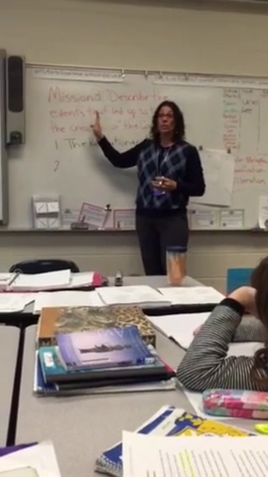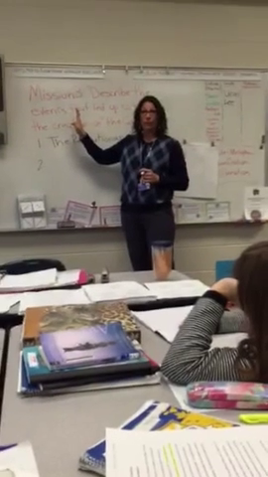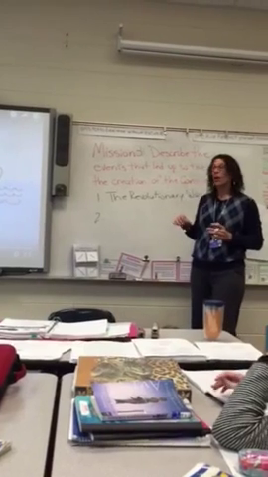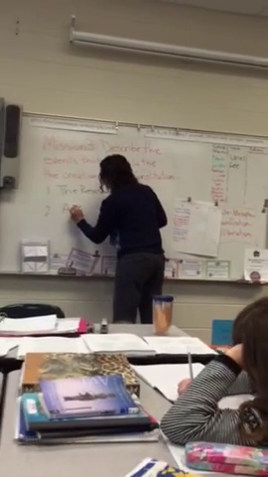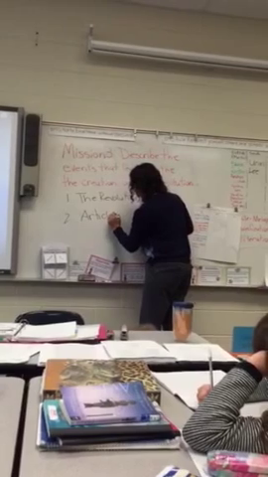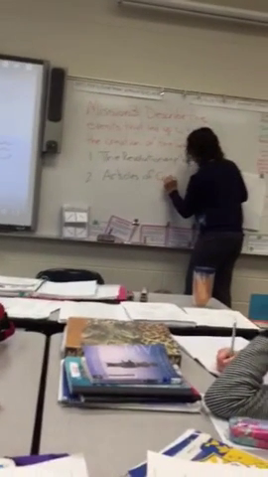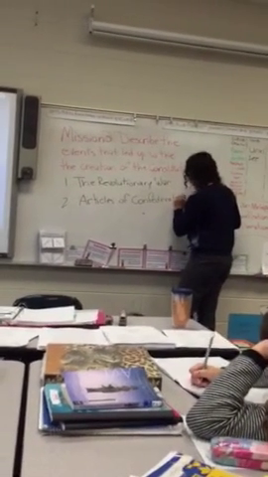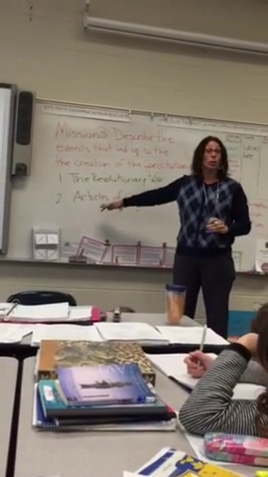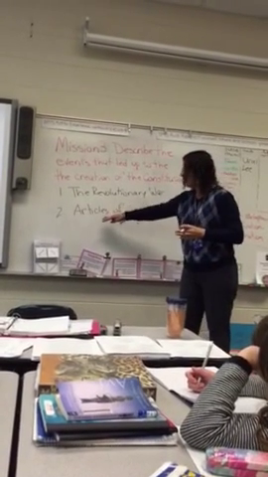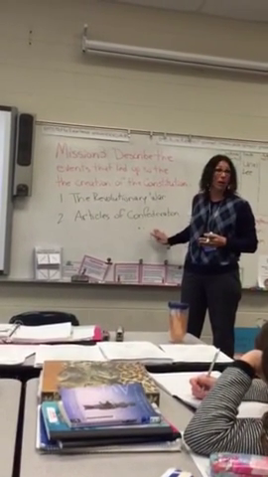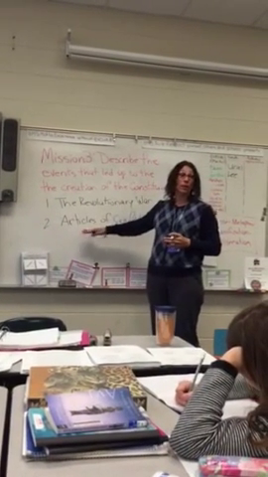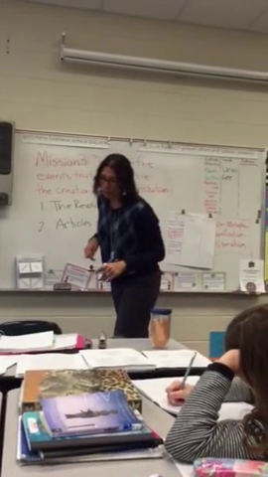We said the Constitution wasn't the first document that got written. What was? Who remembers? The Articles of Confederation. That was the first go-round. The Articles of Confederation got written. So when you're doing your research with your table teams, I want you to find out what went wrong. That's your big question here, your big idea. I want to know why the Articles of Confederation were not what we have right now.